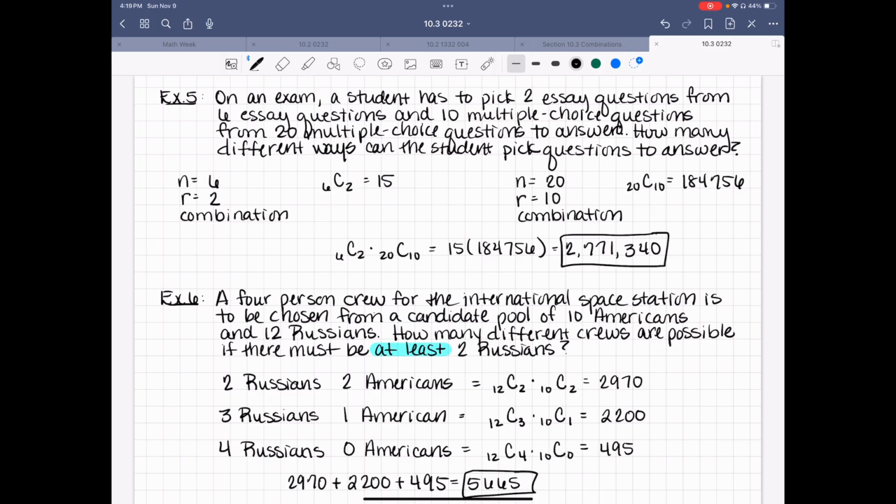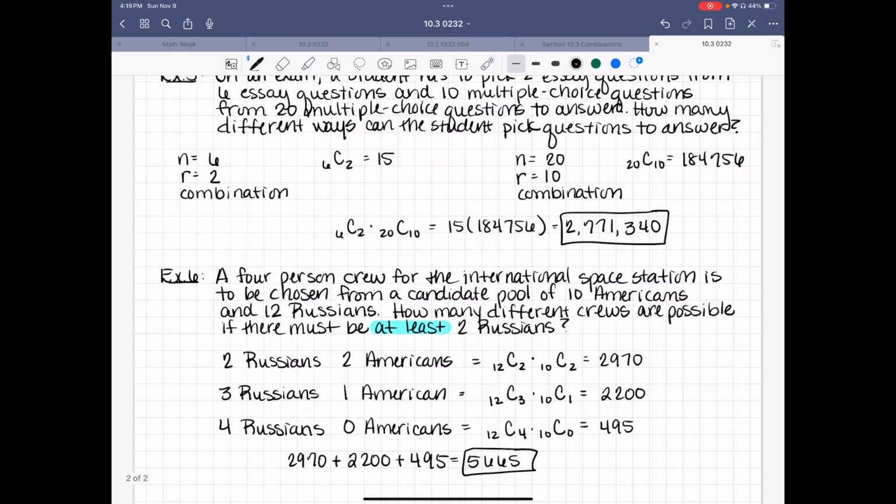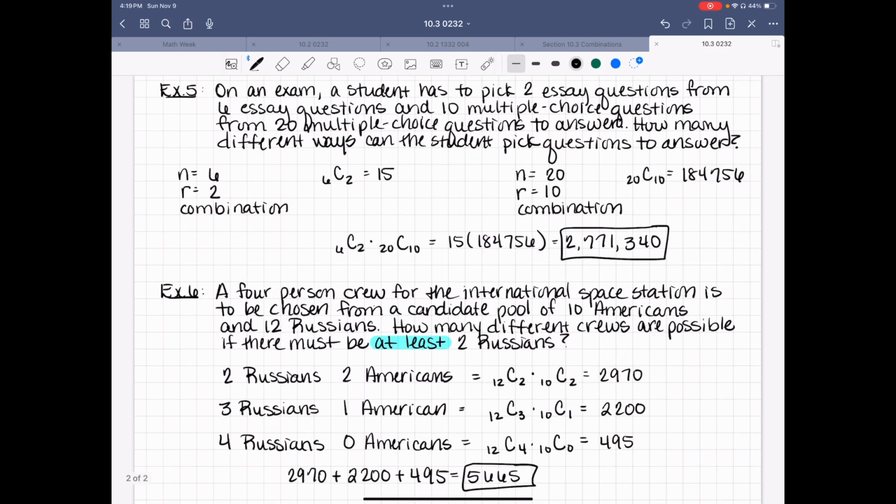On an exam, a student has to pick 2 essay questions from 6 essay questions and 10 multiple choice questions from 20 multiple choice questions to answer. It says how many different ways can the student pick questions to answer. So what we had here was we had gotten to the 6 choose 2. We knew that was 15. We had gotten to the 20 choose 10. We knew that was